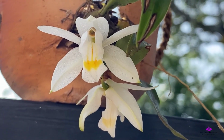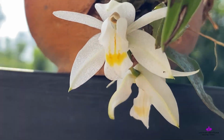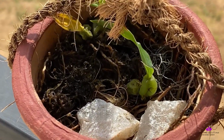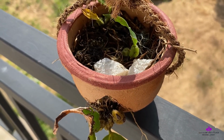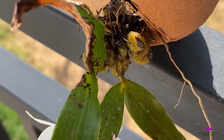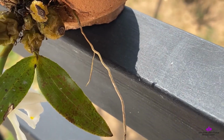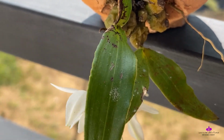I think this grows very well when mounted, because from wherever it is gonna bloom, it will be easy for the flowers or the buds to come out of the leaves and pseudobulbs and hang out to bloom. That's what we do with Coelogyne types when we are growing them at our homes. This is quite easy actually. You don't have to worry about a lot when it comes to